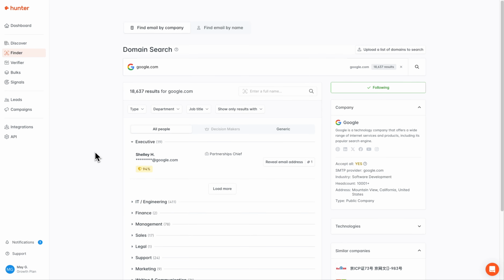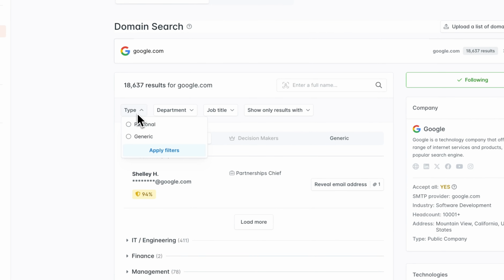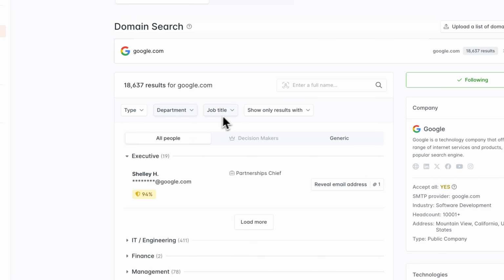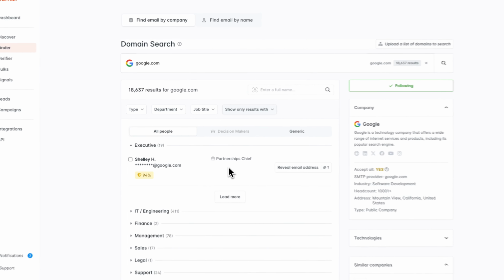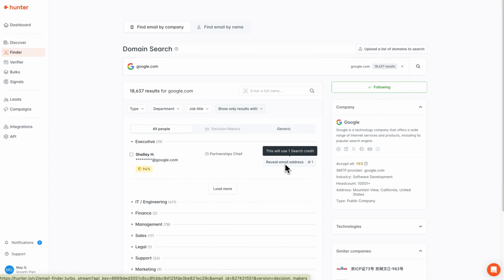Additionally, if you're trying to refine results by a bit more than just the department, we have 4 different filters up top here. You can filter email addresses by the type of email address available, the department associated with that email address, the specific job title associated with that email address, or by the available data points for that email address. If you see a result that you're interested in, you can reveal the email address for 1 search credit